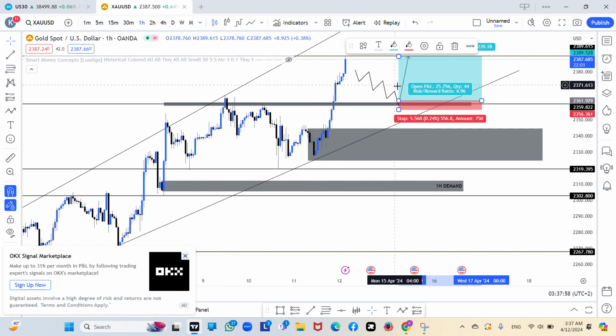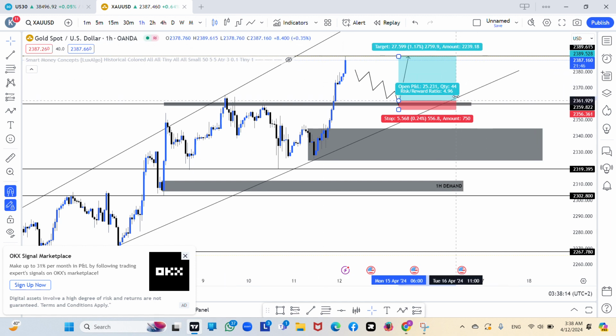That's where you can get a head and shoulders, or maybe double bottom in the lower time frame. So that's where we are going to look for our confirmations and build confluence and confidence in our